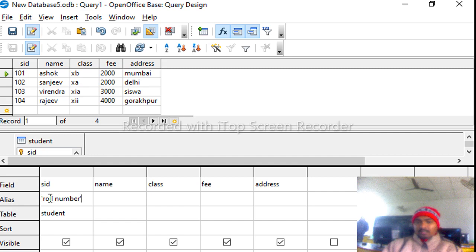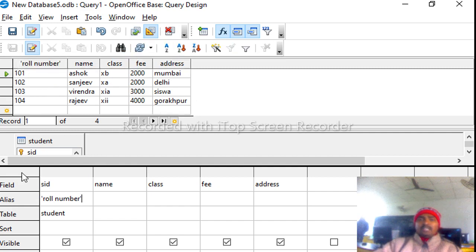Now run this query to get the output. We can see here before aliases SID was displayed, but now roll number is displayed. So keep in mind aliases provide an alternate name for each and every field. For example, I want to display student name instead of name.